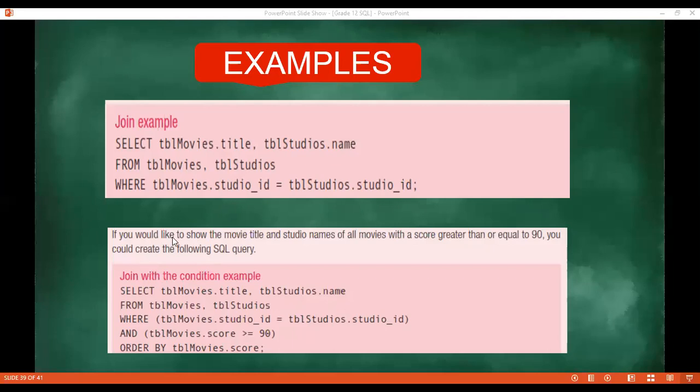If you would like to show the movie title and the studio names of all movies with a score greater than or equal to 90, so it's the score greater than or equal to 90, you could create the following SQL. Right. But we are selecting the title of the movie, the name of the movie,